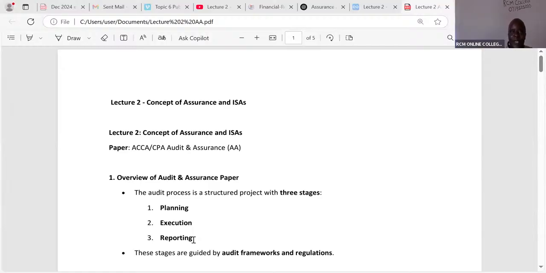So, for example, if it is White Sands, then I will be able to plan the audit and scope the work. Then I go into execution. In execution, I'll be gathering a lot of evidence. I will be very, very skeptical. Remember, an auditor is called upon to be very skeptical as you do your work. And then, of course, you are supposed to have what we call a questioning mind when you are gathering this audit evidence. So skepticism is where you doubt everything you're being told.